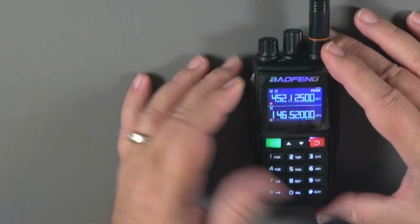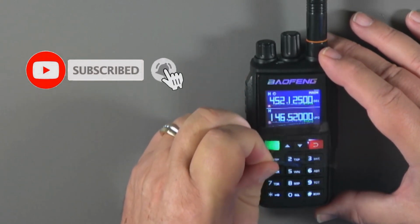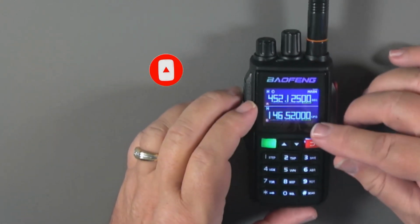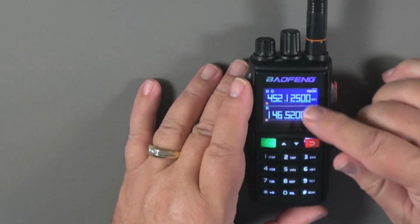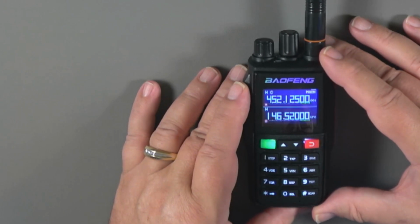Now, before I leave, I've got the screen protector on, and we'll just remove that rascal right there. Hopefully that hasn't given you any glare during the recording, but this is the screen without that screen protector on. So that's the tour of the BaoFeng